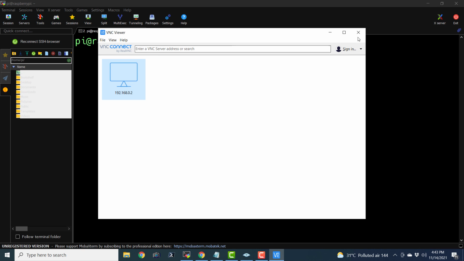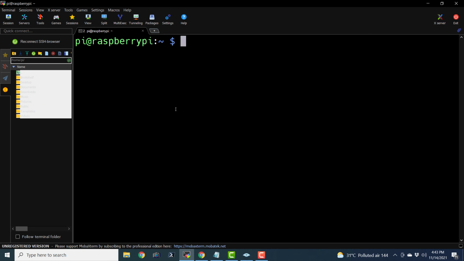So maybe the operating system has recently been updated and they haven't actually done a lot of work on remote desktop or VNC. That's why it is not able to connect. I don't know. But don't worry about all these things, because we are able to access the GUI utilities of the Raspberry Pi using the X11 forwarding.